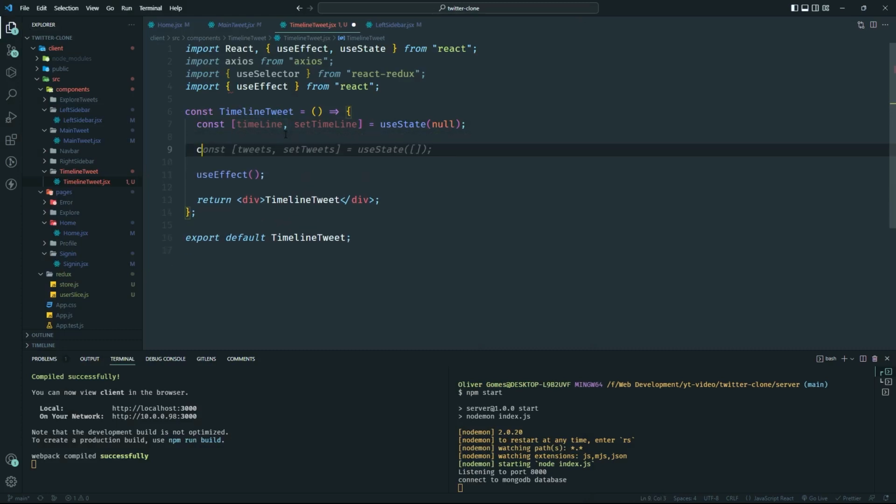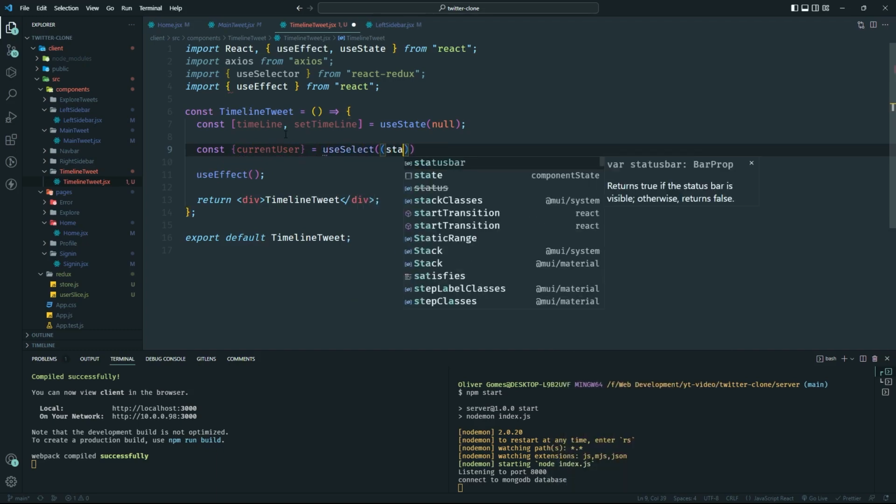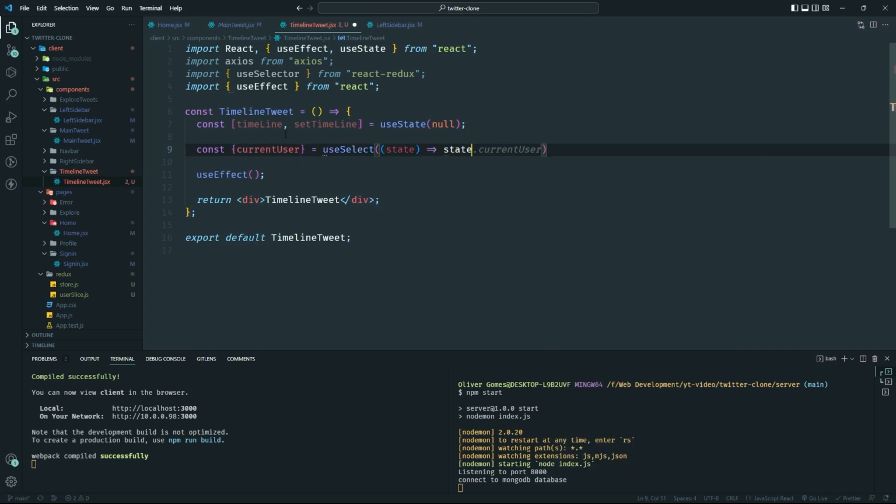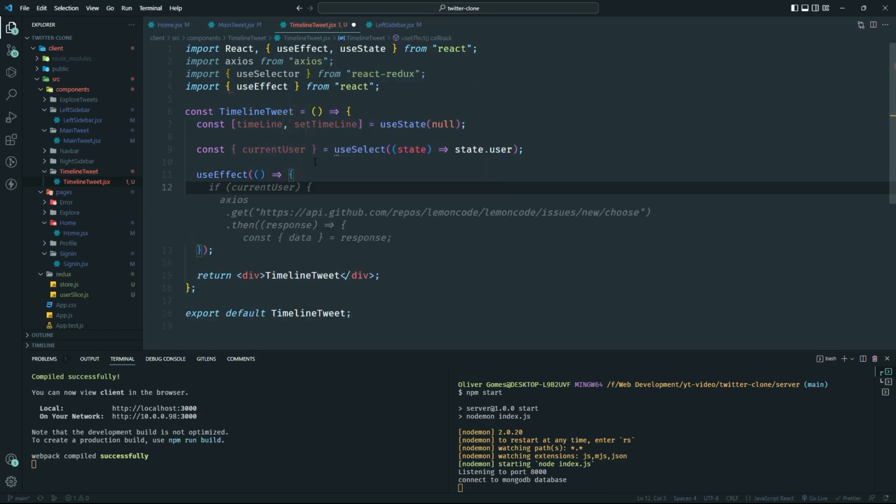We need the current user. So let's bring that current user in, which is equal to useSelector, state dot user. So we go to user, we find the current user, and we want to fetch the data from the current user, so it's dynamic. So in the useEffect, we want to